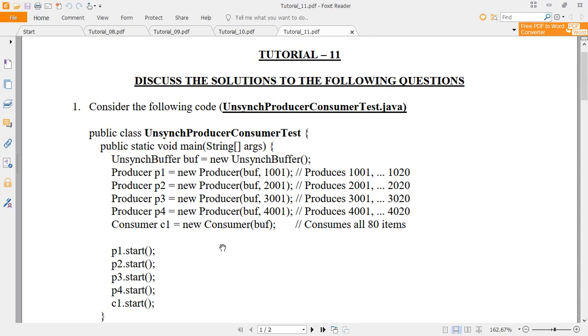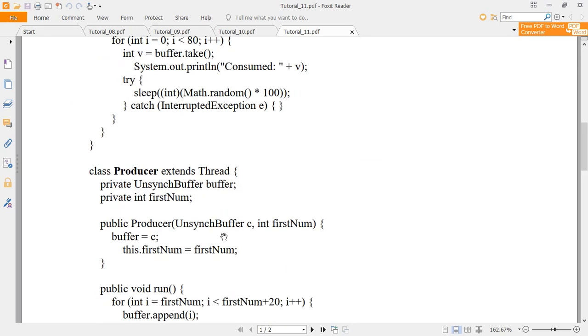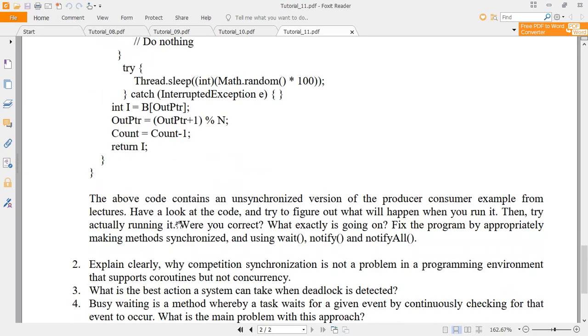Have a look at the code and try to figure out what will happen when you run it. Then try actually running it. Were you correct? Will the output be correct? Check the output, see what exactly is going on, and fix the program by appropriately making the methods synchronized.